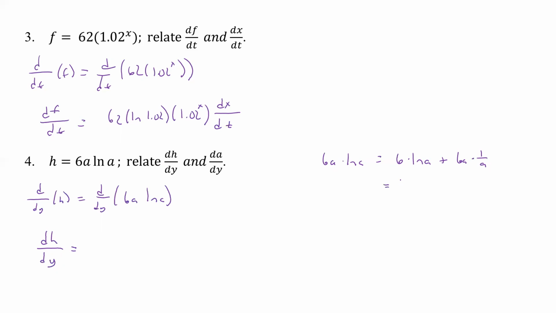And now we simplify, so that's 6 ln of a plus, well, that a cancels that, and we just have 6. So if I was writing it, I would say this is 6 ln a plus 6, and then I'll have my da dy, remembering to put it in the proper units, the a and the y. So that's how we do it with the simple problems, and we've taken derivatives before, so that part's not a problem. It's just remembering that now we're doing it with respect to something that's not really there, that dy in this case, or the dt